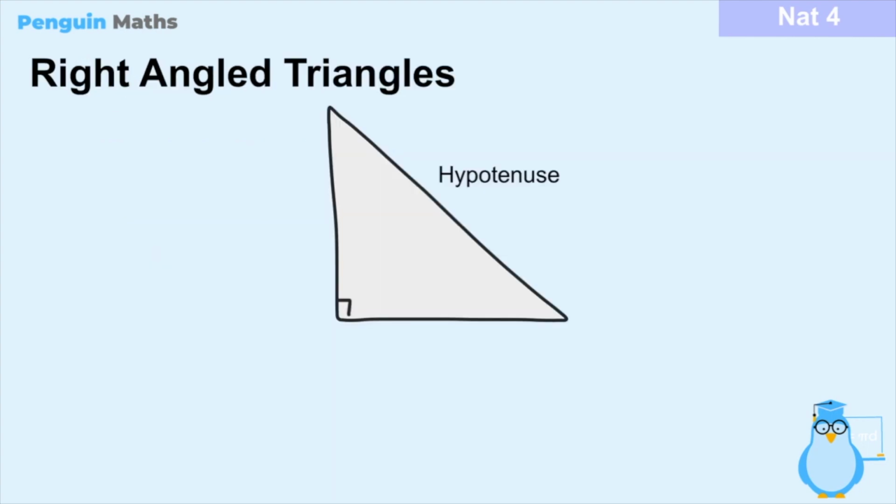So going back to our lesson on Pythagoras, which I'll link down below, we learned that this side that's opposite the right angle in a right angled triangle can be called this funny thing called the hypotenuse. And back then we said that these two sides don't really have a name, but today we're going to change that, because if we know the value of an angle within a right angled triangle, then we can assign a name to each of the other two sides as well